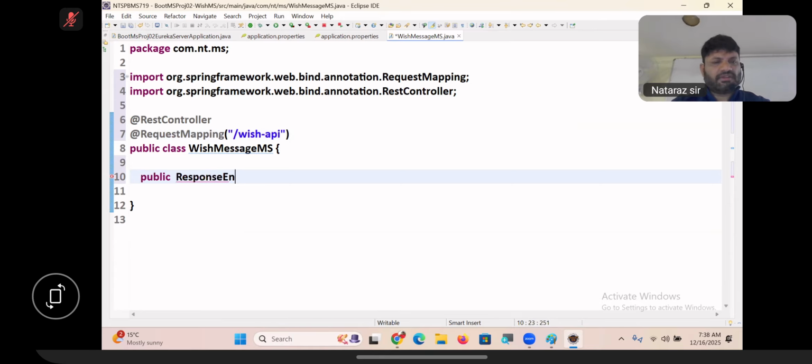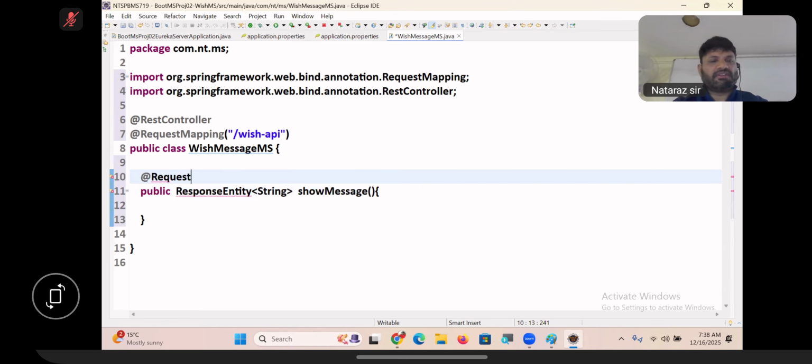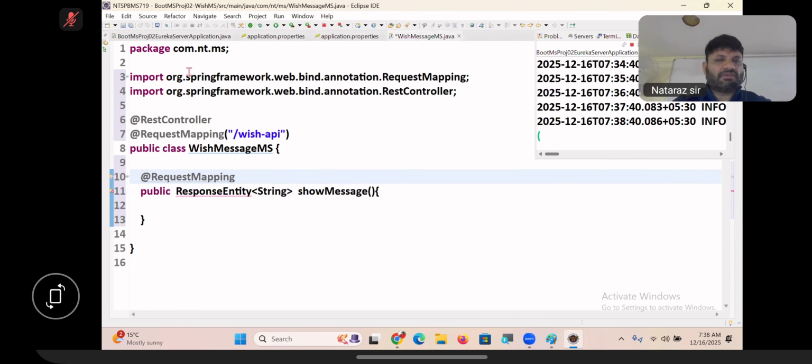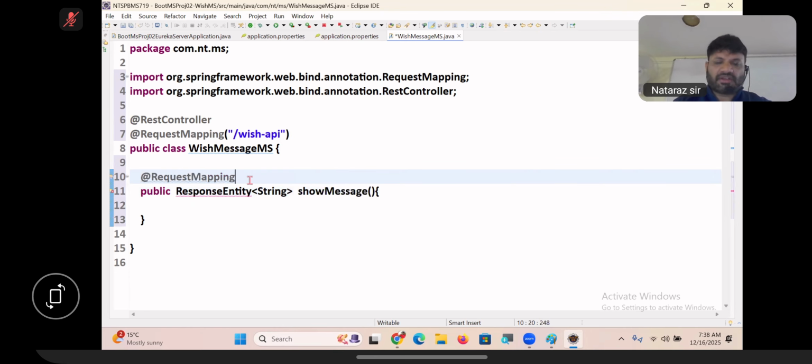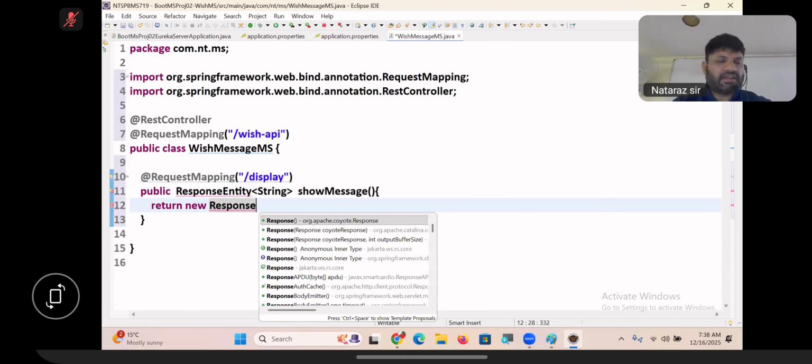Public response entity string, okay, show message. Public response entity string show message. Where is this? Request mapping. What mapping, guys? Request mapping, slash display. Return new response entity